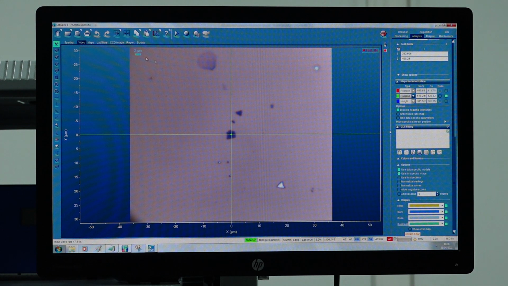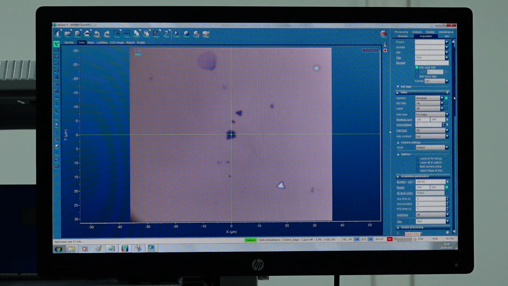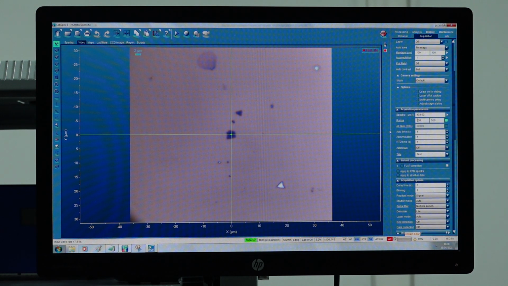Next, I will go to acquisition, and in the acquisition parameters, I will click on where centimeter inverse is written and change it to nanometer. Now, I will specify in the field here the position where I expect a peak in the PL signal to be obtained, that is the optical band gap for the material.